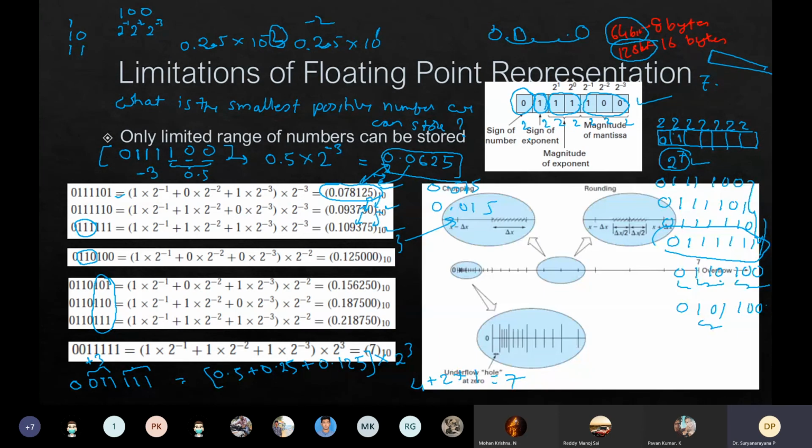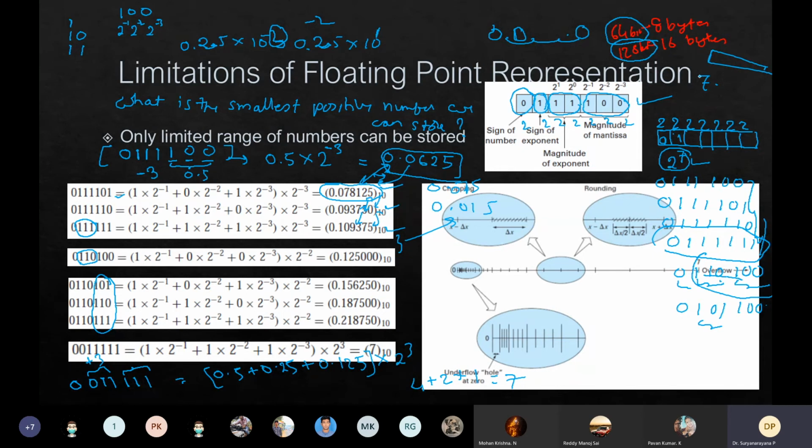So now here's the thing I wanted you to understand. There are a few things you have to understand. The first thing is, there are a range of numbers. In this system, anything more than 7. See, this is 7 here on the number line, the thing that you studied in, I don't know, 5th class, 6th class. Anything more than 7, with this setup, we cannot store. Okay, and this is called the overflow area, because you have only limited memory allocation.